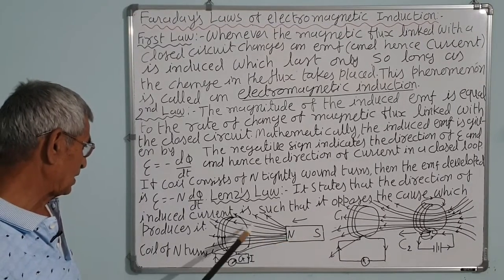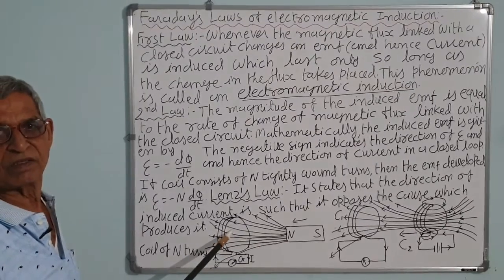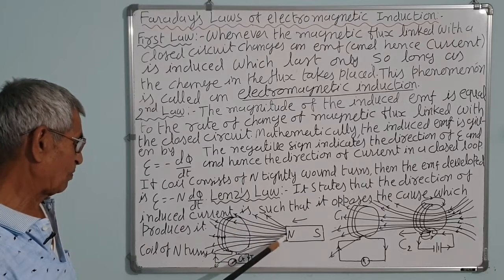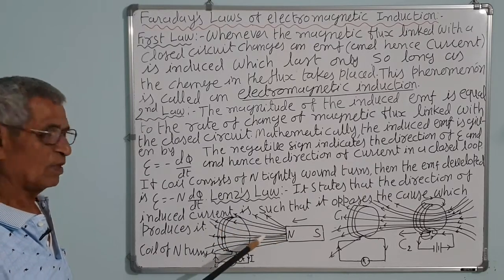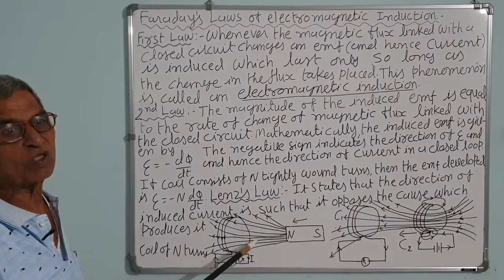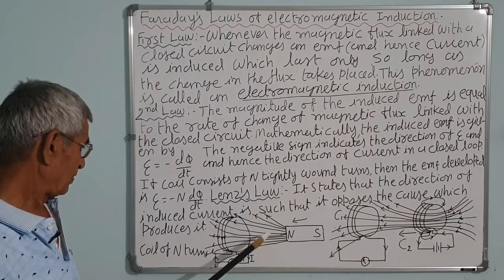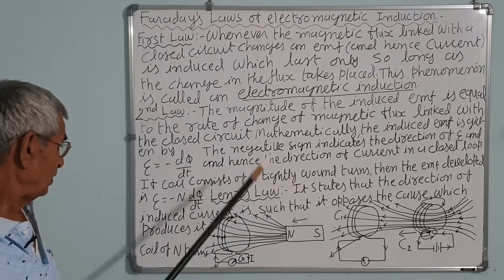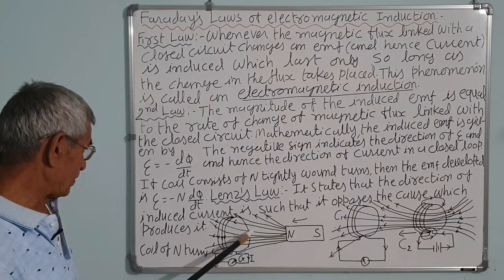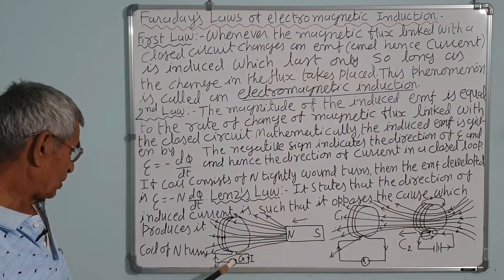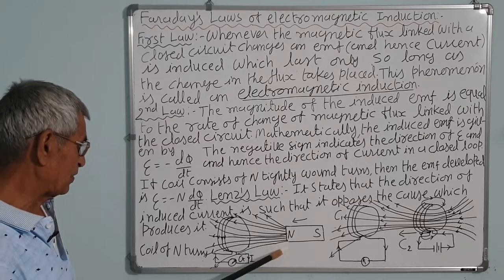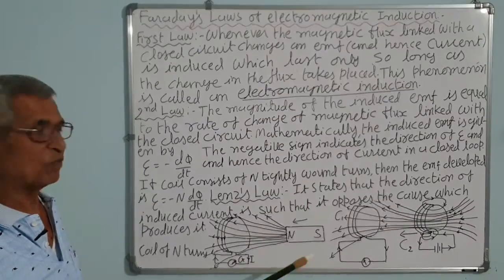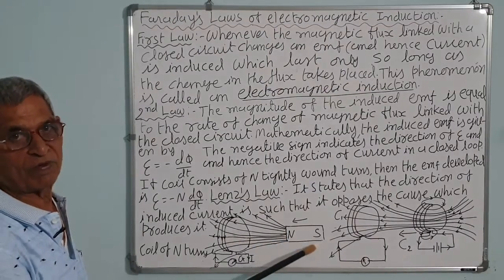So if the magnet is at rest and the coil is at rest, then no induced EMF will be generated, because the number of lines of force will be fixed. Whatever number of lines of force cut with this circuit, that will be fixed. So there is no change in the flux phi. Phi is the number of lines threading normally to the area. Now, if the magnet is moved, then it shows a deflection, suppose in one direction. If the magnet is withdrawn, that is, it moves away, again there will be induced EMF, whether you move the magnet towards the coil or away from the coil.